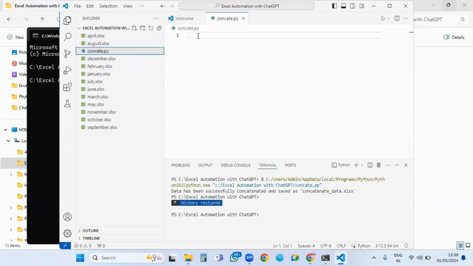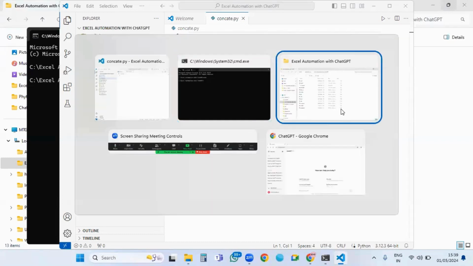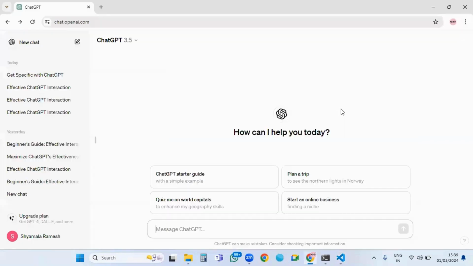So our Python file is there. And now the next thing we have to do is use ChatGPT to generate the code. So let's go back to the ChatGPT page and type our query. So here the task is there are 12 Excel files